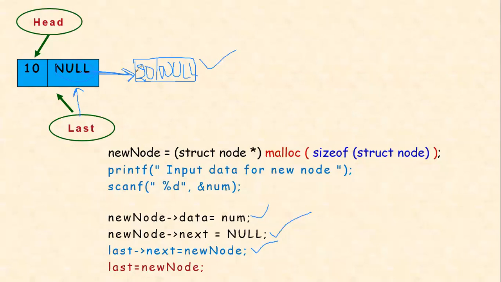Now you have two nodes, right? And definitely this node is not the last node; after doing all this process, the new node is the last node. So I have to make this node the last node. How to make this node the last node? You have to write last is equal to new node. Then this node will be replaced and last points here. Now see this in graphics.